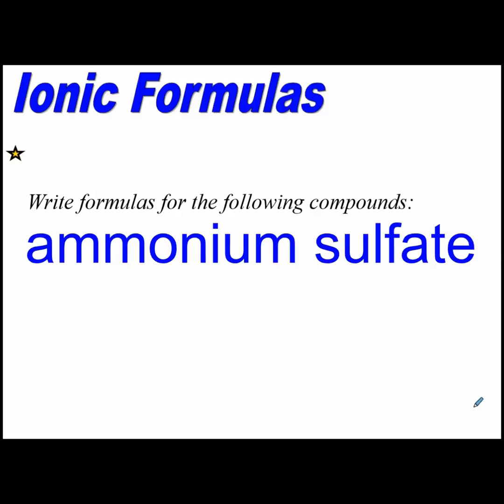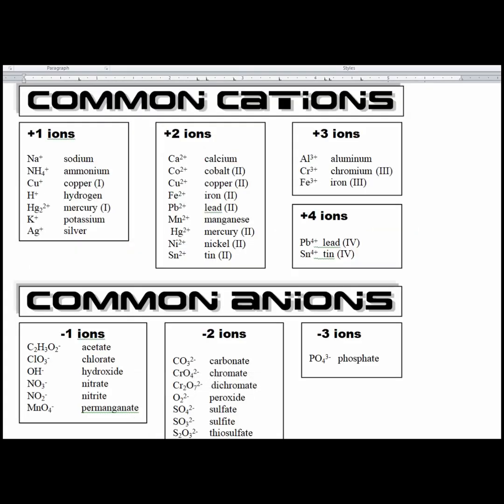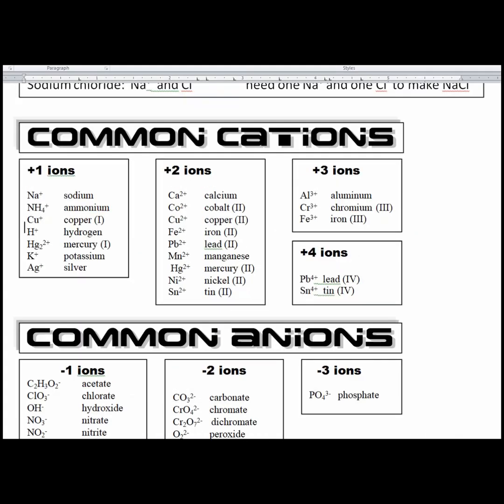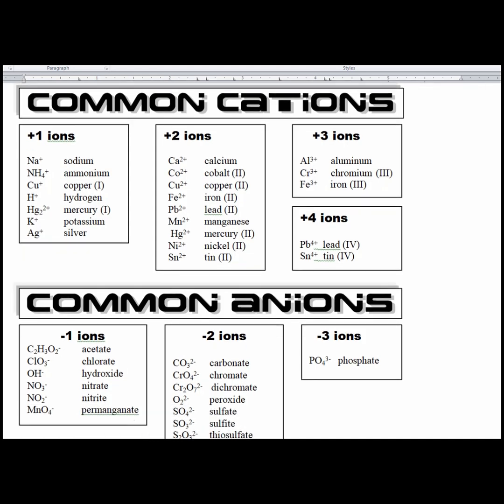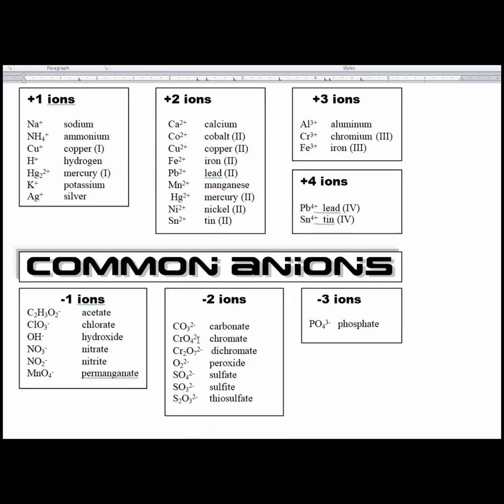Our first example is ammonium sulfate. If we're not sure about the compound, whether it's ionic or covalent, probably the best thing to do is to look back at the table of common cations and anions, and if those substances are present, then we know that the compound is ionic. And there is, in the +1 table, a formula for ammonium. Ammonium is NH4+. Then if we look down in the -2 table, there is a formula for sulfate, and sulfate